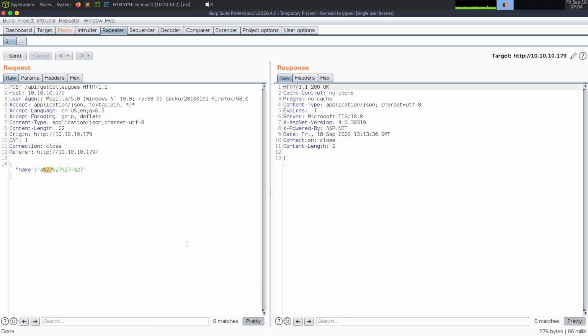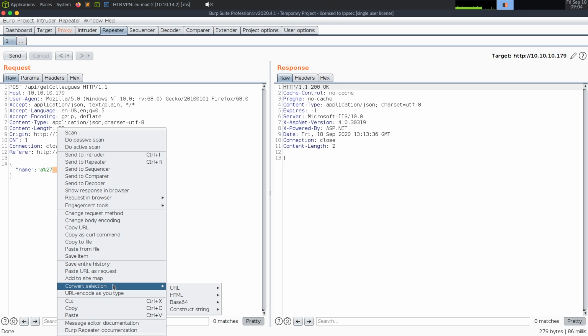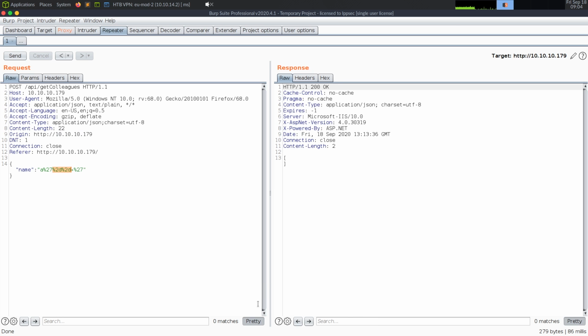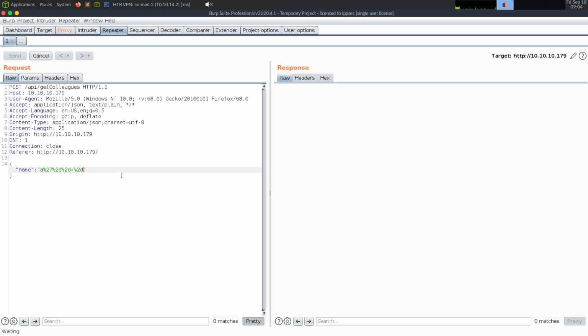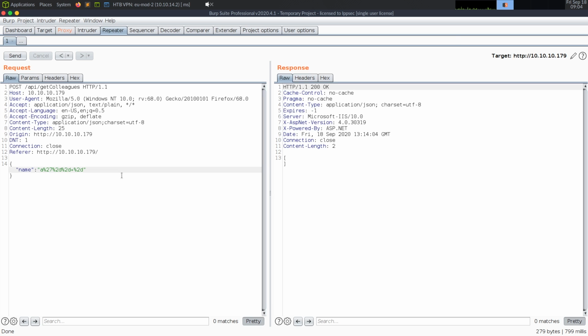Oh, wait. That's not a dash. Dash dash plus dash. Let's see. Convert selection, URL, all. 2D. 2D is a hyphen. And that does not look like it did anything. So what this request is, a single quote, dash dash, space, dash. Let's see, we can do a single quote